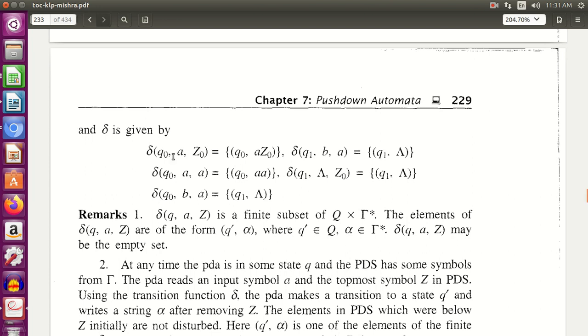And what is Z0? Z0 is a special push down symbol called the initial symbol, which is there inside the stack. Whenever the stack is empty, we assume that an empty stack contains a Z0 symbol, a special symbol. These are some terminologies which you should know.